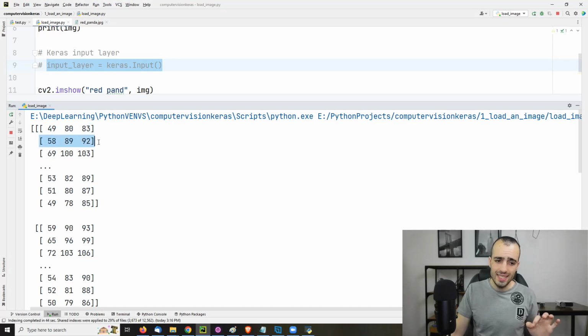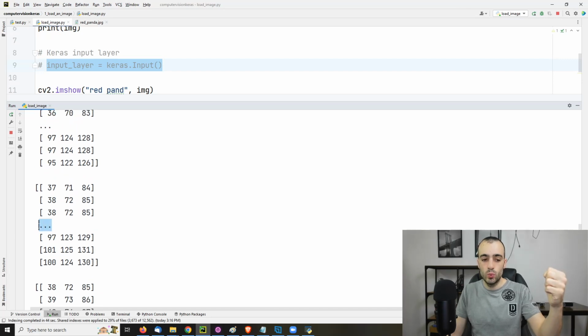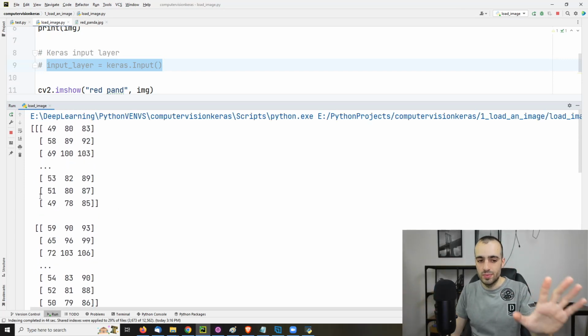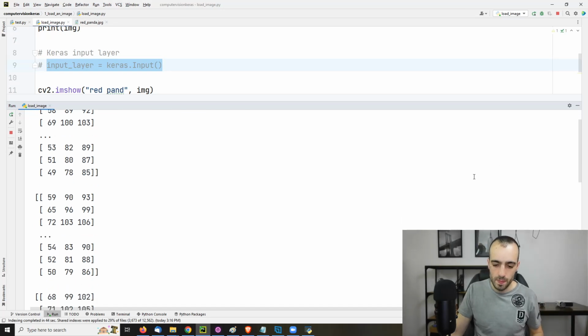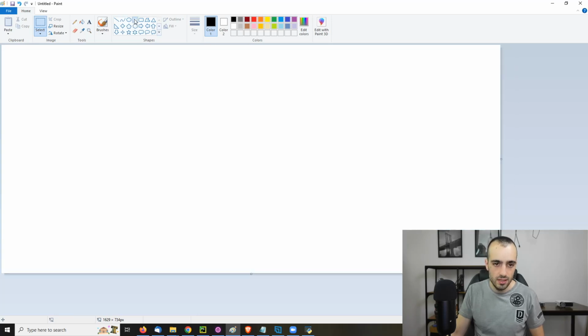So each pixel is defined by this. Of course, now we have just a sample. We cannot print everything, so there is no space to print. Where there are dots right here, we have thousands of these lines, but it's just not showing them. So the image can be displayed with something like this. So if this is the image,